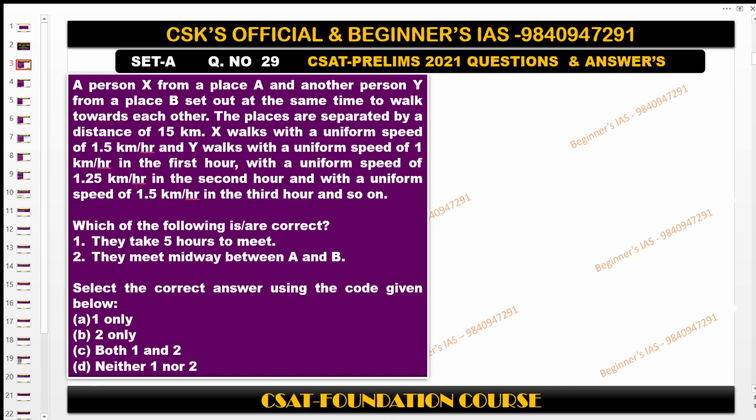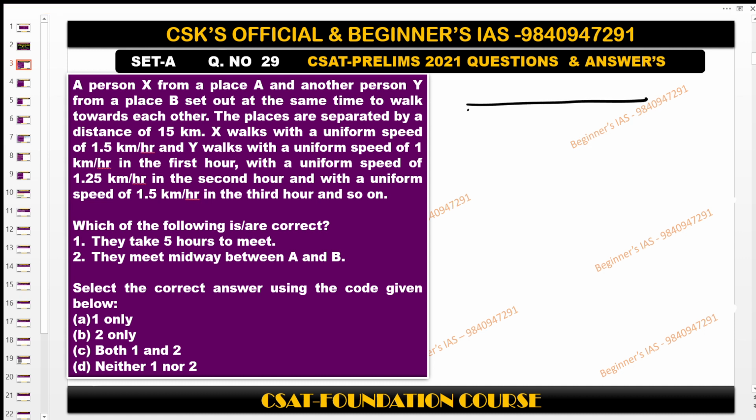So this is the question. This was asked in 2021 set A, question number 29. A person X from a place A and another person Y from the place B set out at the same time to walk towards each other. The places are separated by a distance of 15 kilometer. So this is the data. First data has been provided that